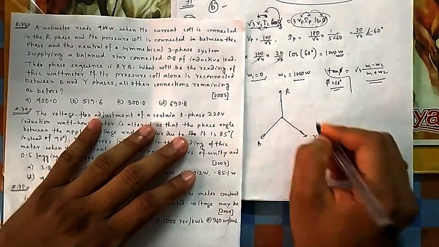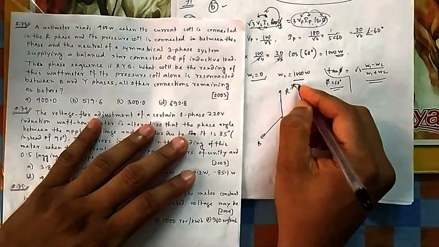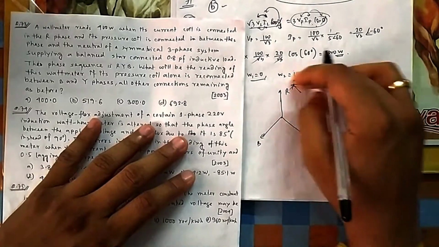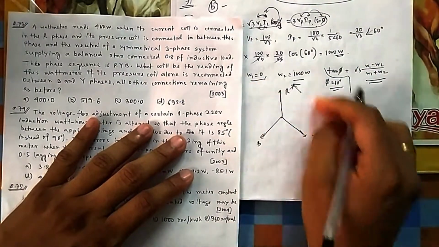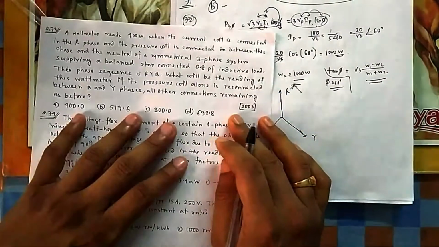So if you drew that, this is the phasor diagram, you always write it in anti-clockwise. First R, if suppose it is rotating in this way, so it is R, then Y will come, then B will come. Someone is standing here, so you will see first R, then Y, then B. So this is the way you will write R, Y, B. It is rotating in anti-clockwise direction.